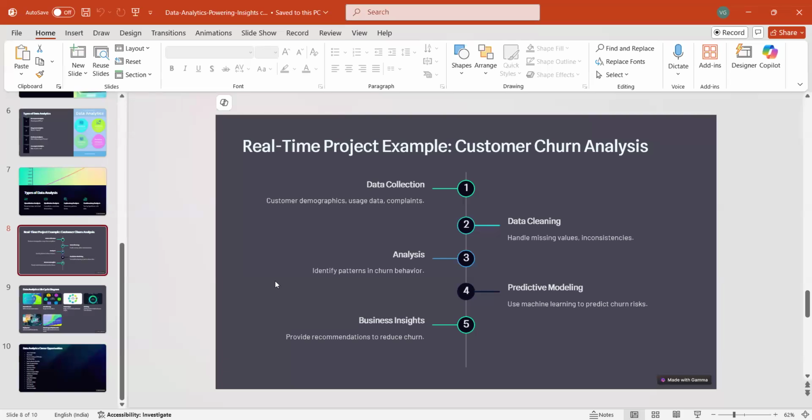So here, the first phase, I'll just tell you the workflow of the data analyst. The first process is data collection. Data collection is what attributes you consider to solve the business problem. So here you can choose customer usage, customer complaints, customer demography, their locations, region, and their planning skills. All those things you can take for the analysis